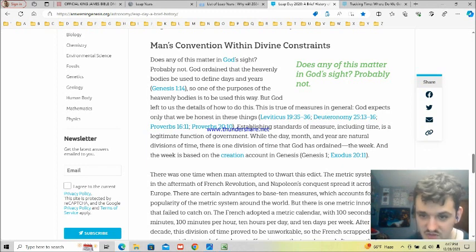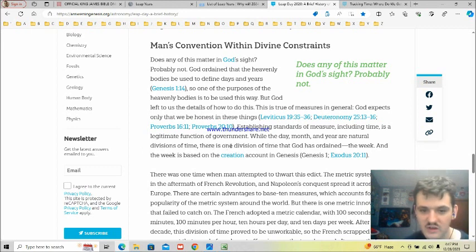Leviticus chapter 19 verses 35-36, and Deuteronomy 25 verses 13 to 16, and then Proverbs chapter 16 verse 11, and then Proverbs chapter 20 verse 10. Seven means the standards of measure, including time as a function of government, while the day, month, and natural